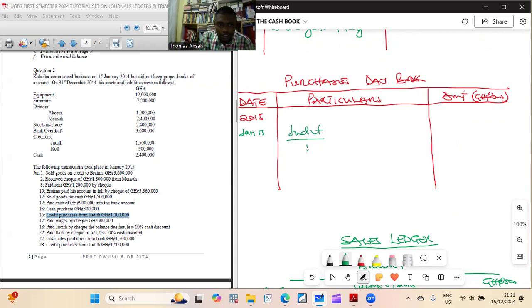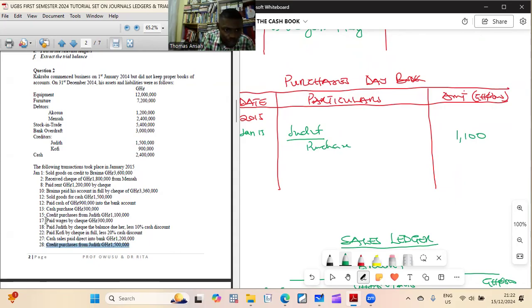All right. And it is a purchase of, if they've given you goods or something, you write the particulars, whether it was goods or something. So you have 1,100, which means that if this is the only purchase on credit, I think there is another credit purchase here. So there's a credit purchase from due date here. There's even another credit purchase here. So you wait. All right. Now we come to